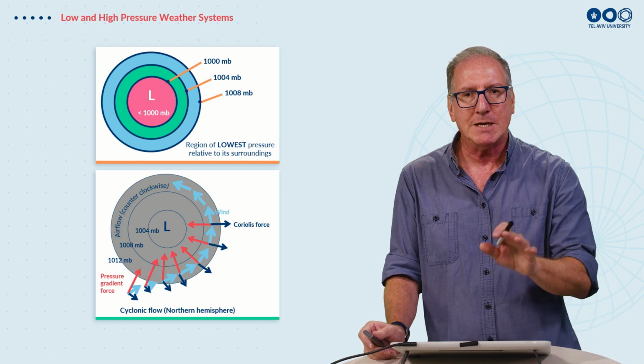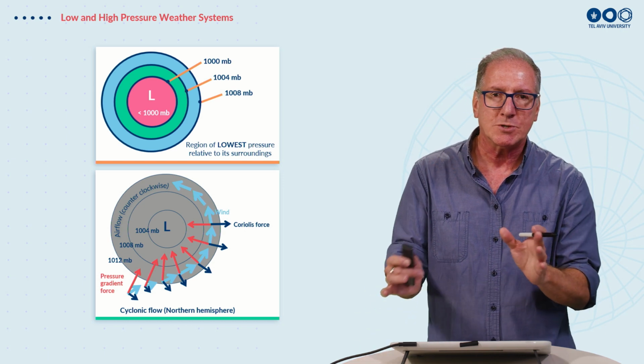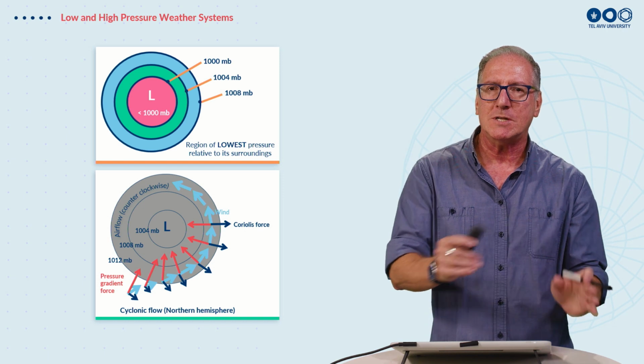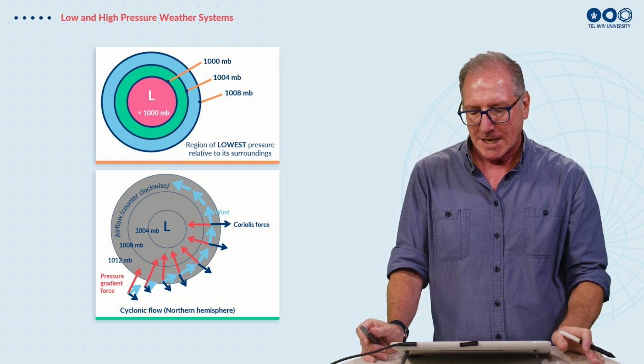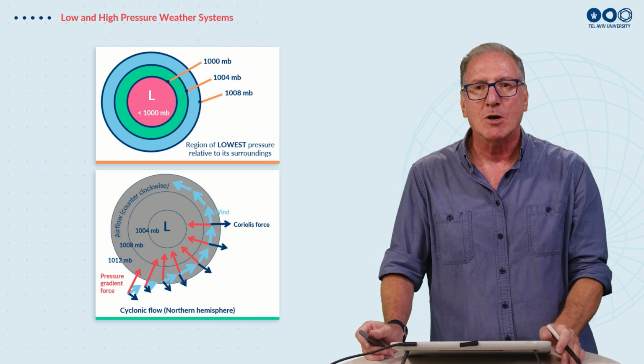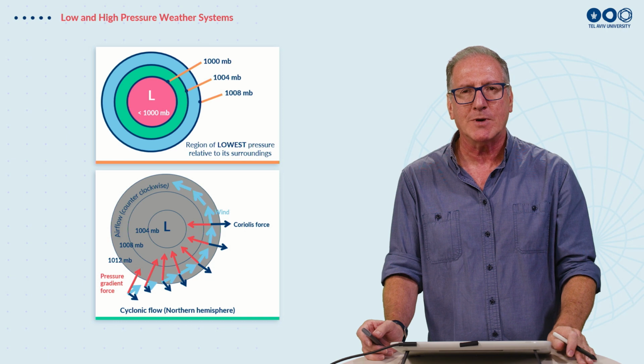But again, immediately, as it starts to move, it starts to feel the Coriolis force, which wants to move the winds to the right. And so slowly you start to see that the winds get diverted, and eventually we'll get the light blue arrows, which will give us the direction of the flow of the wind. And again, this is an example for the northern hemisphere.